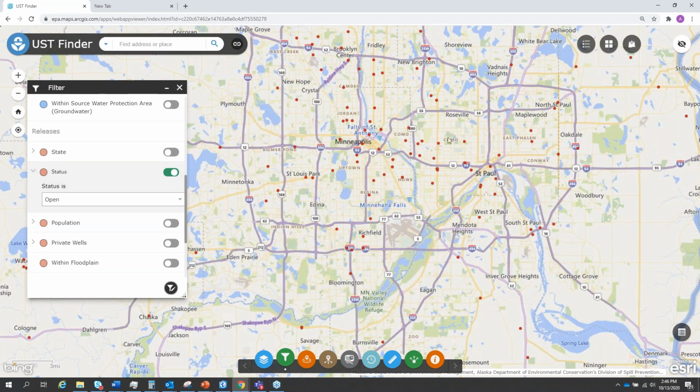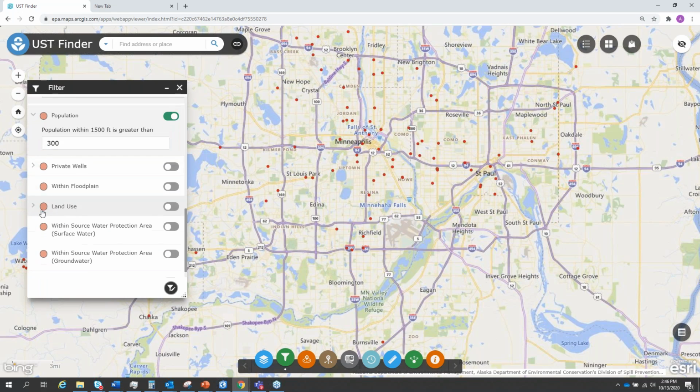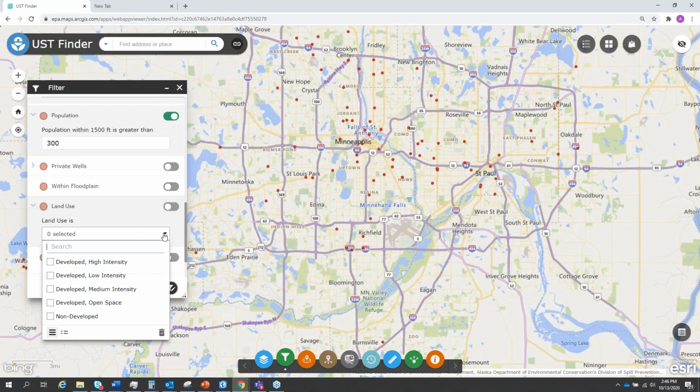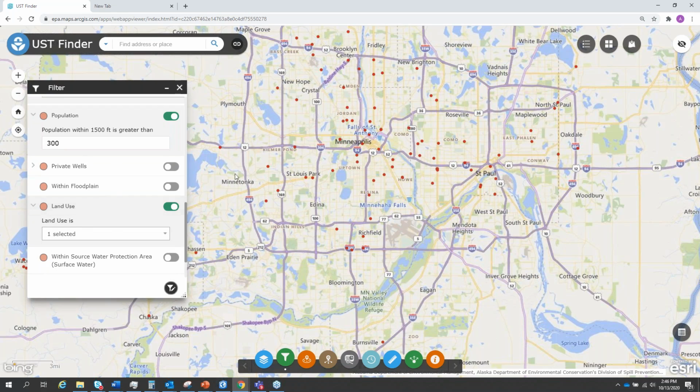And then we see the red dots. If I'm interested in cleaning up sites within a densely populated area, I can say there needs to be at least 300 people living nearby. And let's say that the land use is developed high intensity. And I can toggle that.